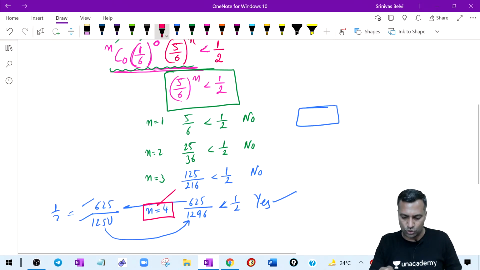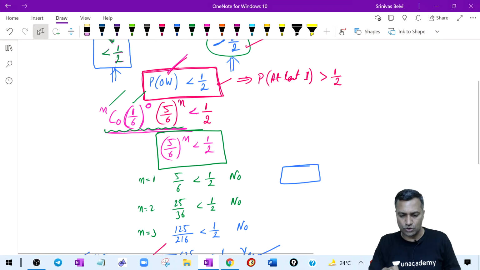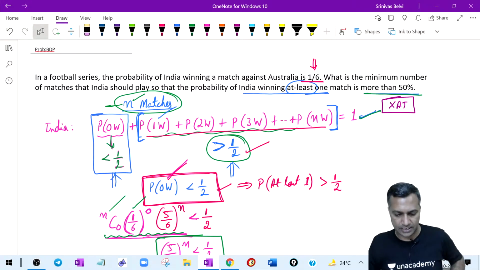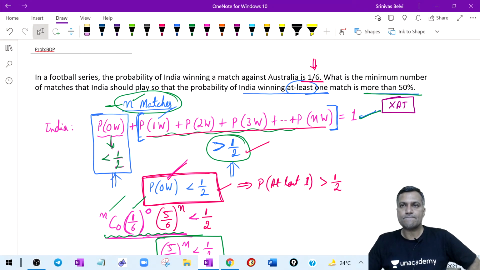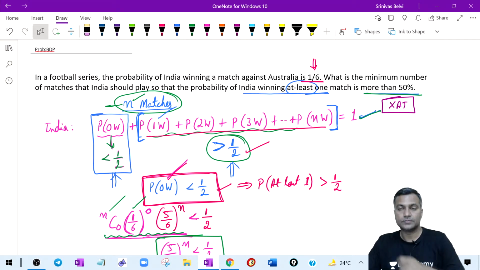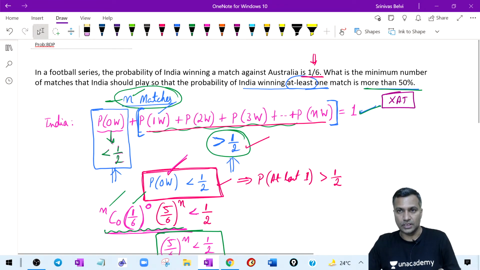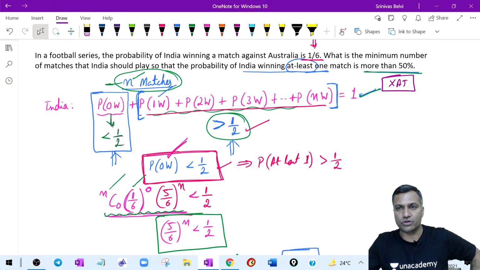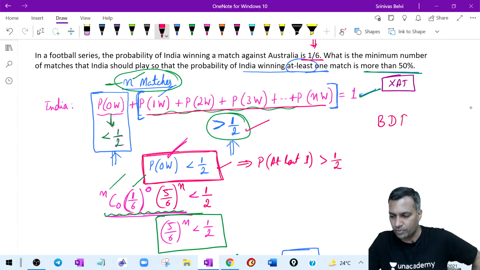Comfortable? Everybody clear about this question? The way it is worded, did it make sense? Everyone, give a quick confirmation. This is one of the good questions on binomial distribution of probability. Okay, now can I consider that you got a hang of binomial distribution of probability, or the theorem of repeated trials? Everybody give a confirmation that yes, this part you understood very well.